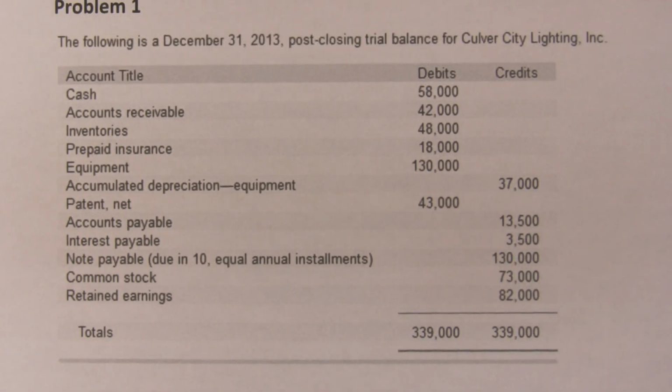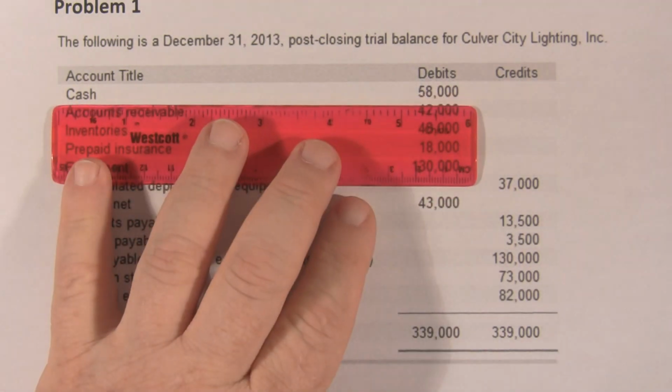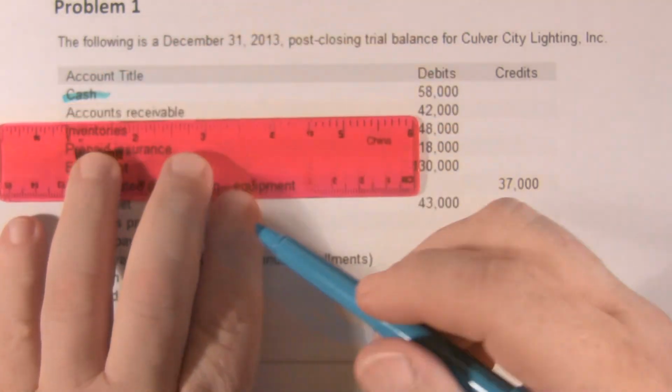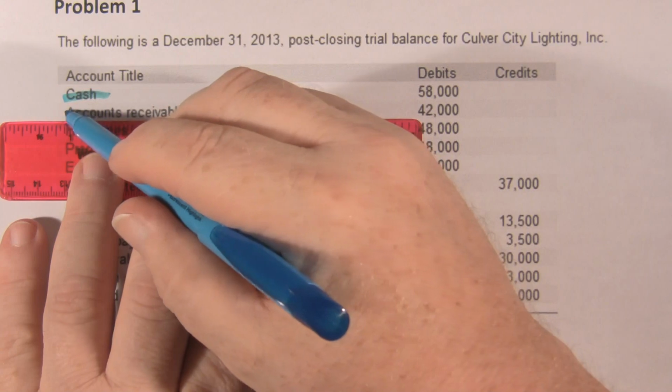Okay, this problem, Culver City Lighting, asks us to prepare a classified balance sheet. They've made this kind of easy, but let's go through this step by step and pretend we don't know anything. First, we have to identify the current assets. And current assets I'll highlight in blue: cash, accounts receivable,